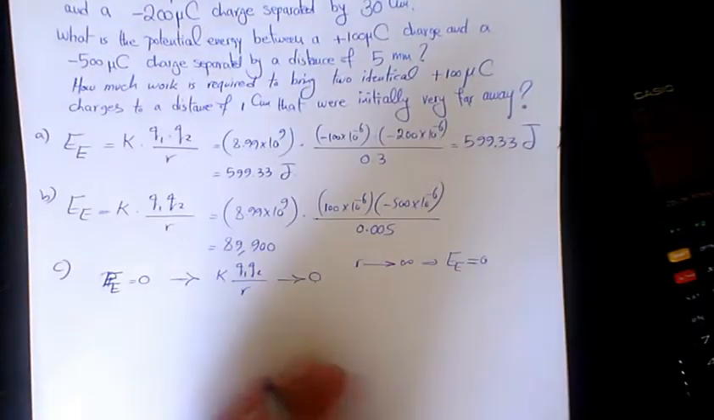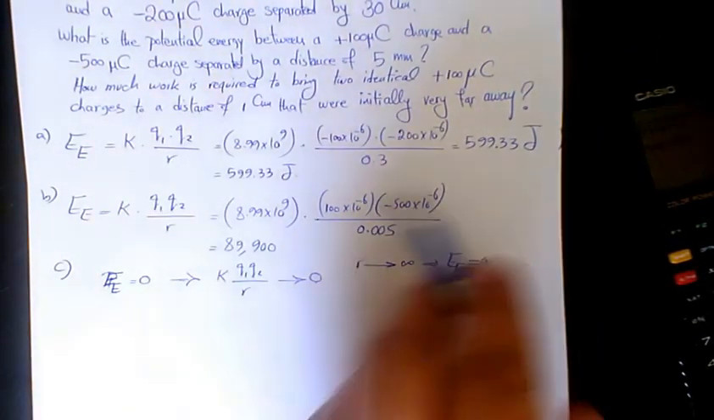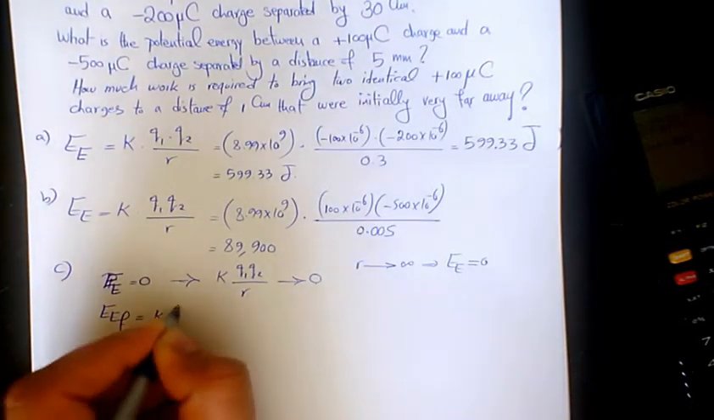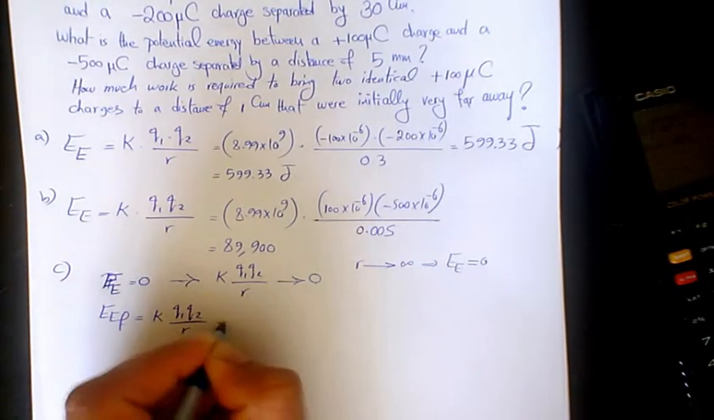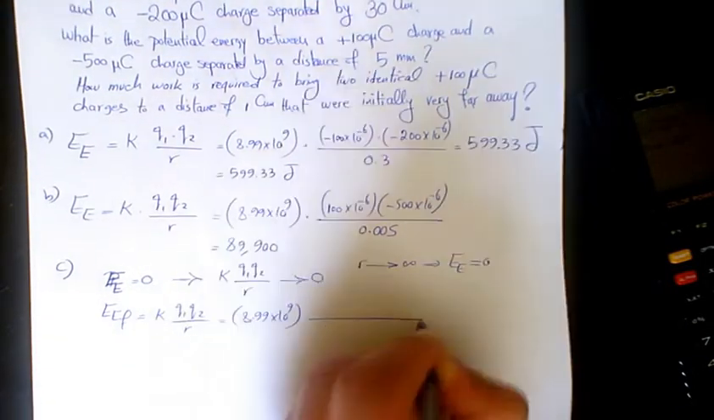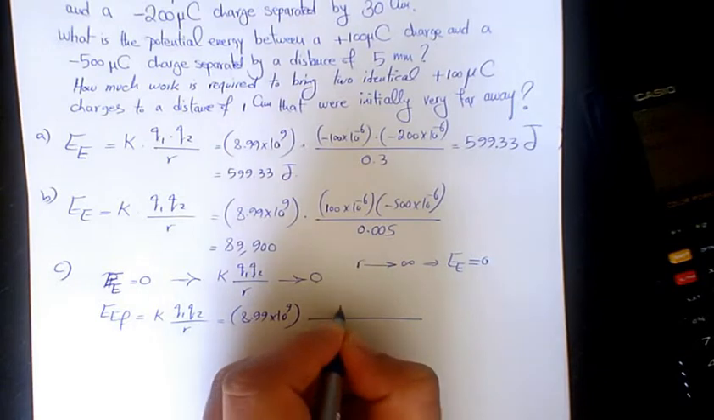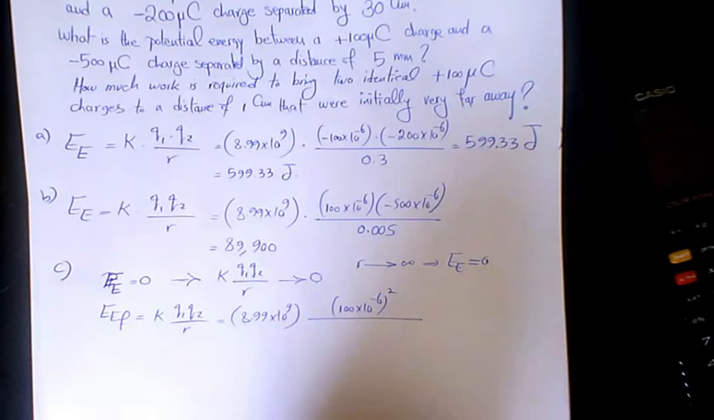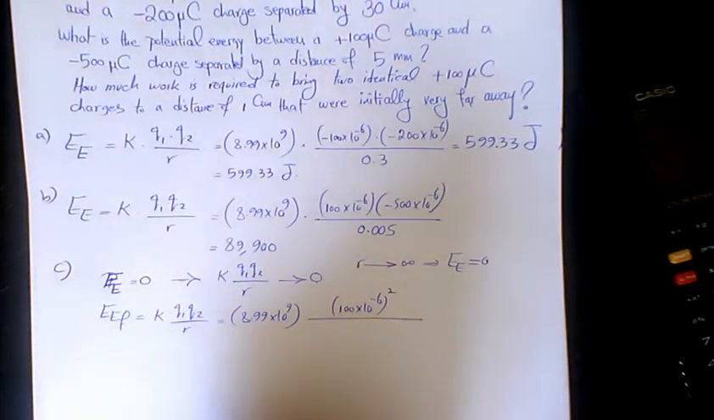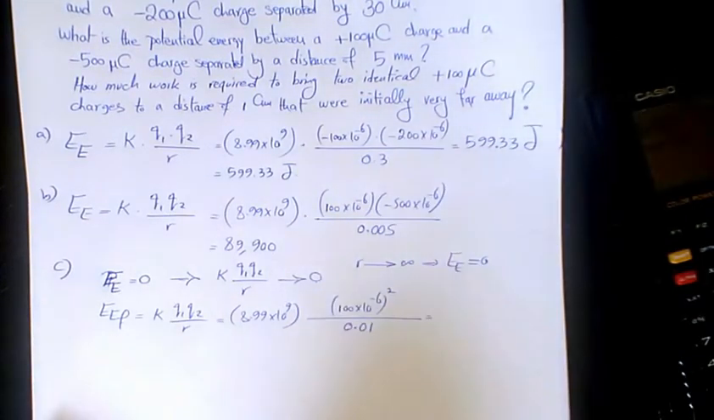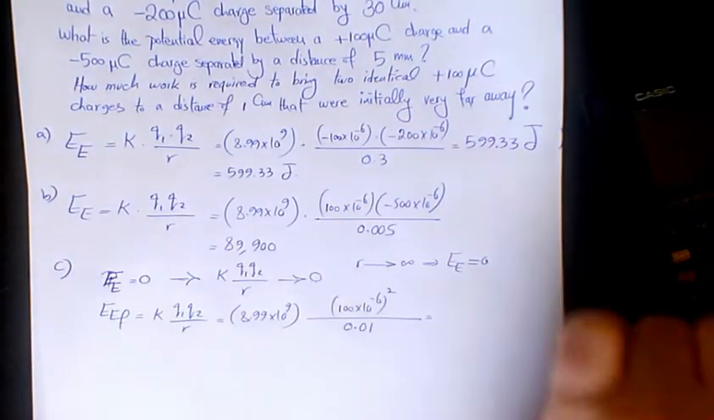Now in the second condition, we need to have them 1 centimeter away from each other. So E of E final is going to be K, Q1, Q2 divided by R: 8.99 times 10 to the power of 9. Q1 is 100 times 10 to the power of negative 6, and since the charges are identical, I'm going to make it squared, divided by R, which is the distance between these two particles, 0.01, since you convert centimeters to meters. 8.99 times 10 to the power of 9 times